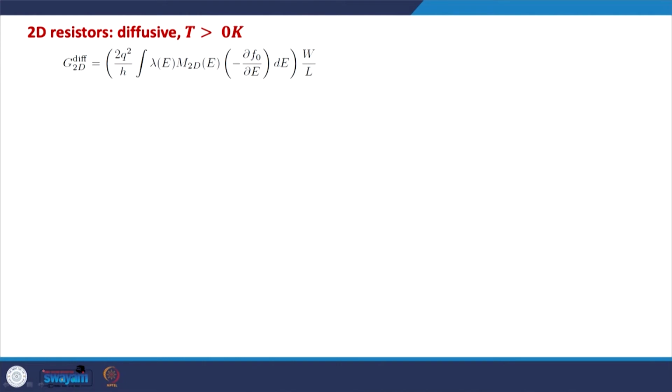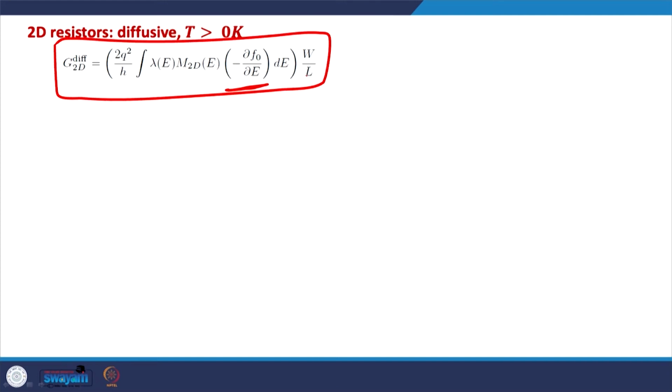In this expression of conductance, the minus del F by del E function cannot be replaced by the delta function, and we need to explicitly do this calculation. But as we have seen, with some mathematical tricks we can manage these calculations as well, particularly in the case of